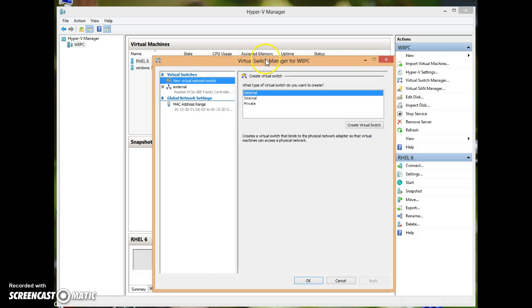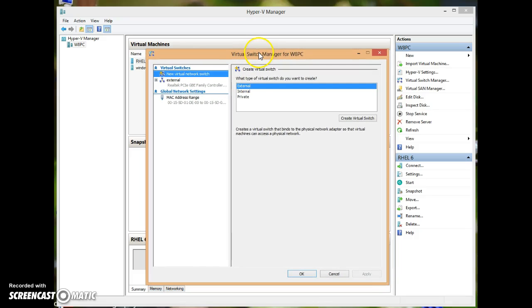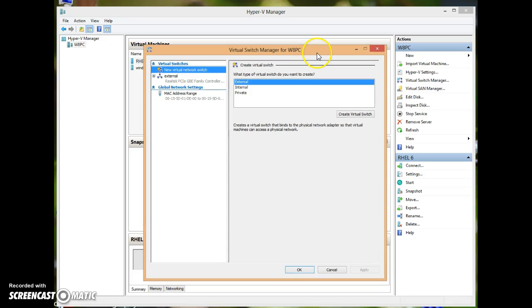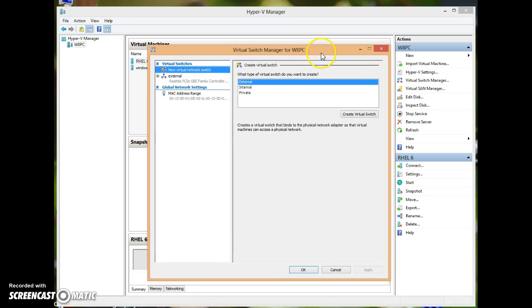Now in the Virtual Switch Manager window we can see there are three types of switch. Create virtual switch, and then they're asking what type of virtual switch do you want to create. We already discussed the difference between external, internal and private switch. So I'm going straight to create the external switch now. Select the external switch and then create virtual switch,